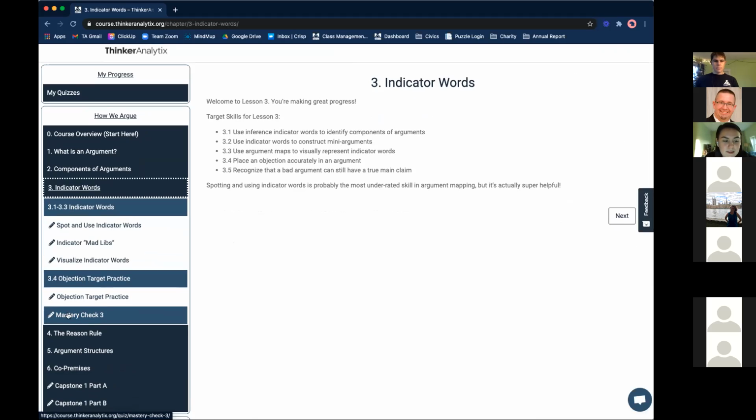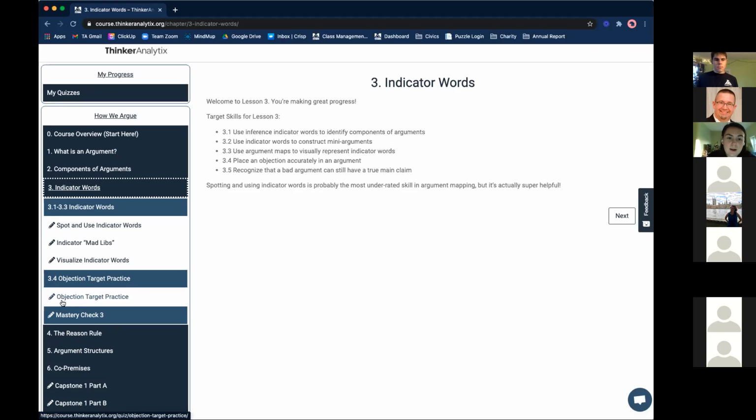But each lesson ends with what we call a mastery check. And that's a really critical feature of our course. This course is built around mastery learning. So the idea is that we give students tons of practice, tons of opportunities to get their feet wet in the content, and then set a pretty high bar. We're asking them to master those many small logic skills, and then demonstrate their mastery in what we call a mastery check, which is essentially a summative assessment.